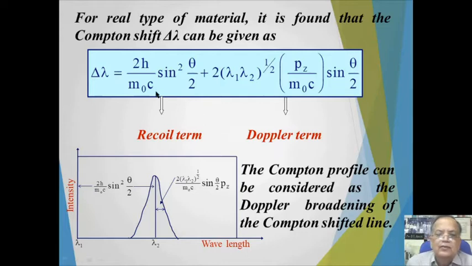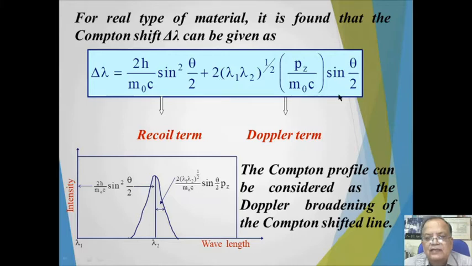Now if you talk about normal Compton scattering, or the charge Compton scattering, and if you talk about conservation of momentum and energy, particularly when your incident photon is having some momentum p1, with pz as the component of p1 in the z direction, then the earlier relation is modified like this. So this is lambda 2 minus lambda 1, which is the same as h upon m0 c (1 minus cos theta), or you can write it as 2h upon m0 c sin square theta by 2.